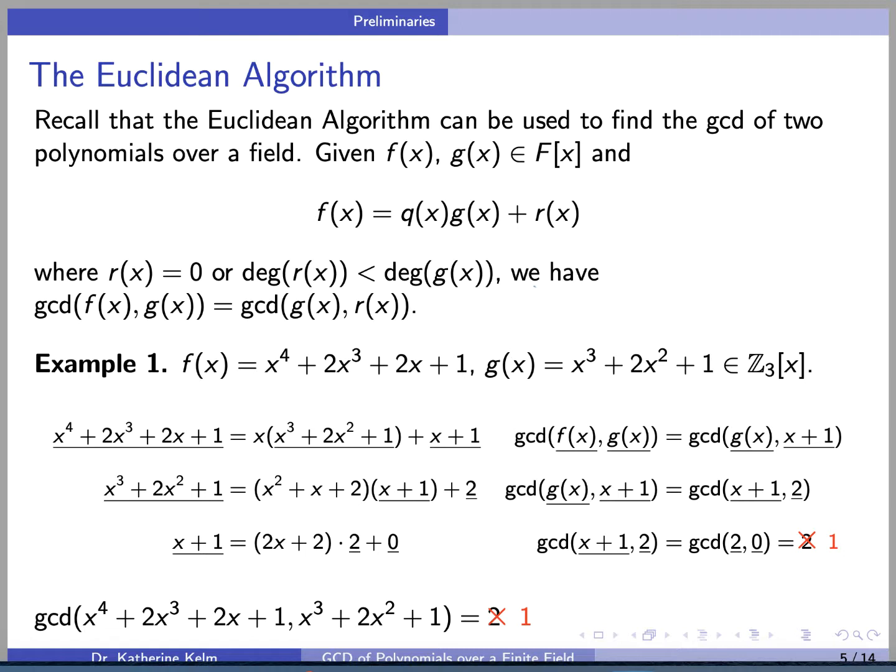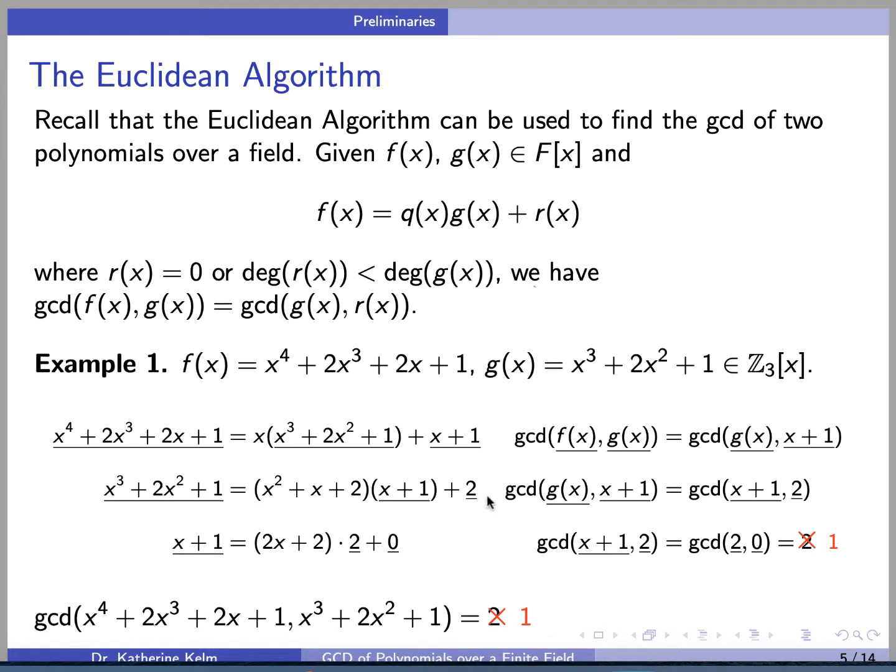But notice that on the first line, we have divided f(x) by g(x) and gotten a quotient and a remainder. And sure enough, the remainder is of degree 1 and g(x) is of degree 3. So by our result, the GCD of f(x) and g(x) equals the GCD of g(x) and r(x), x plus 1. Then we can make g(x) into our new dividend and x plus 1 into our new divisor to get quotient and remainder again,